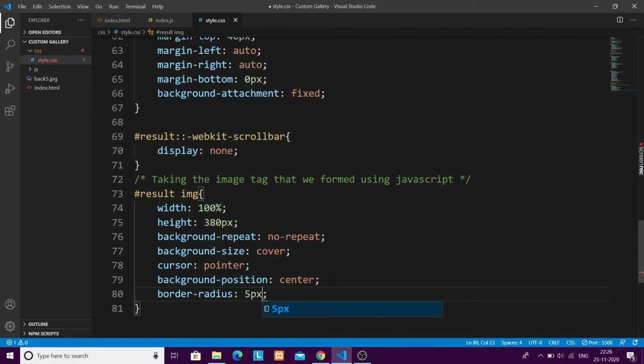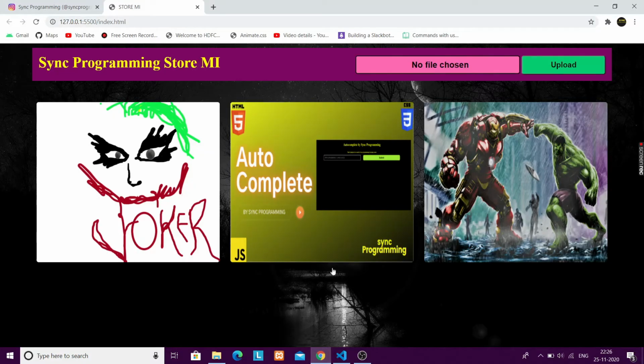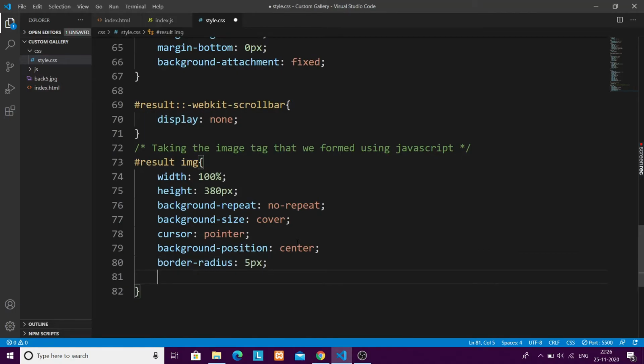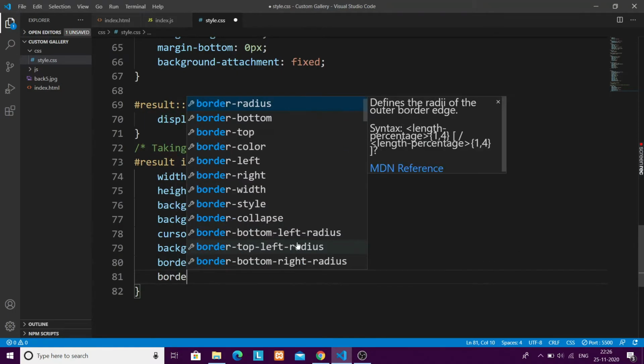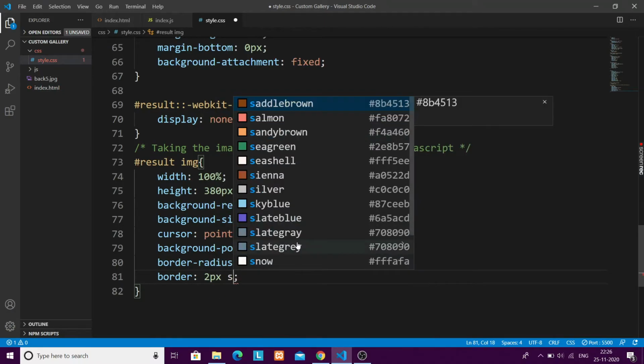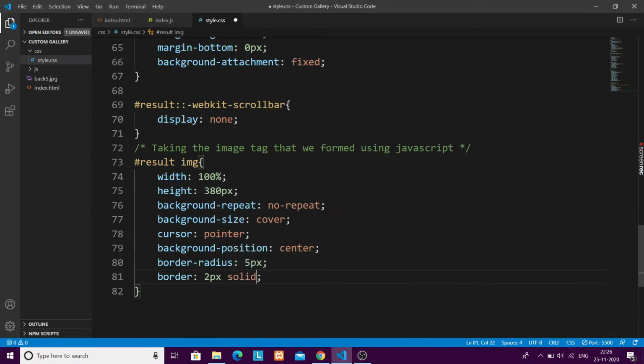Border, I will give some border radius to these images, it will be 5 pixels, so it will have somewhat rounded borders, not a whole rounded border, but some part of the border should be rounded. Border will be 2 pixel solid white,